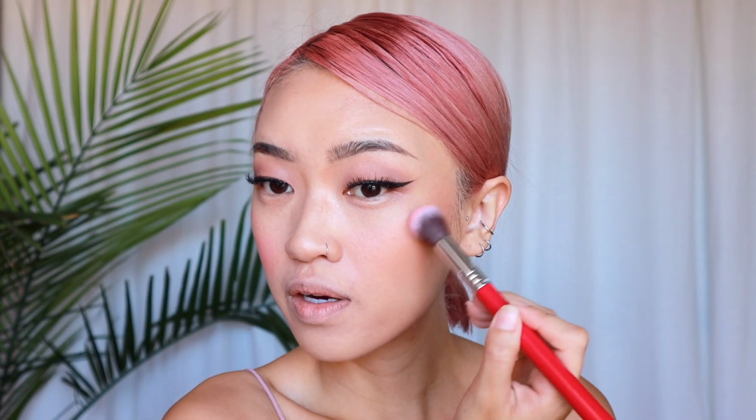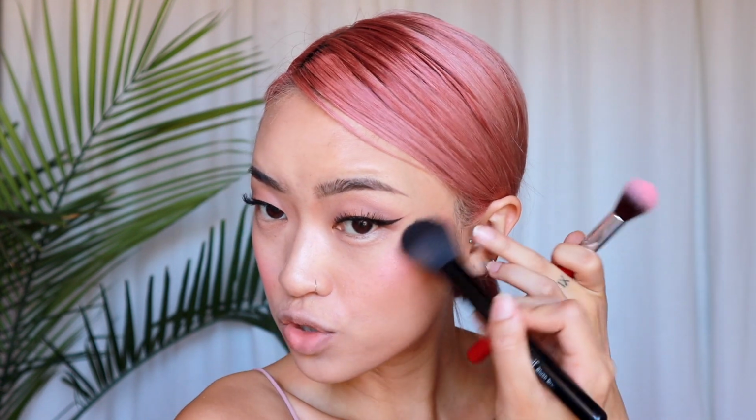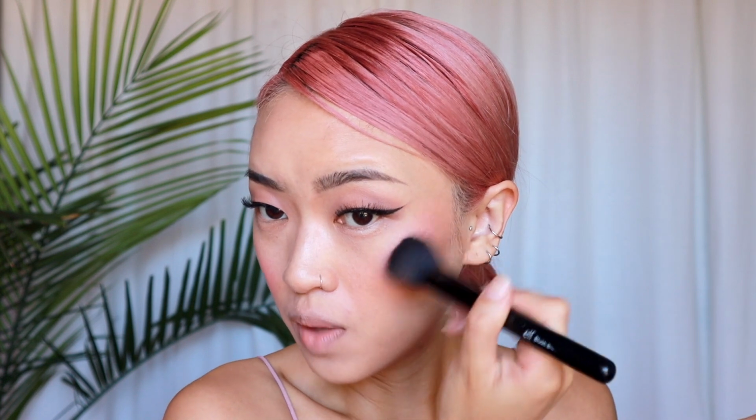This shade has a bit of shimmer on it, so it might be a little bit shinier than I want. So I'm gonna put it a little, and I actually don't want this to be symmetrical, so I'm gonna put it over here on top instead of down here to match. I just want it to have a different kind of look. Okay, so this became a little bit too streaky, so I'm gonna use the bigger blush brush and blend